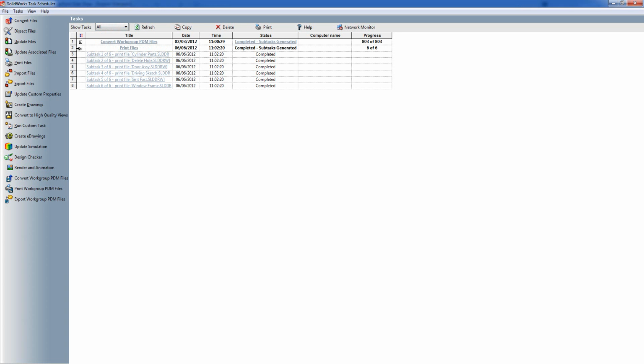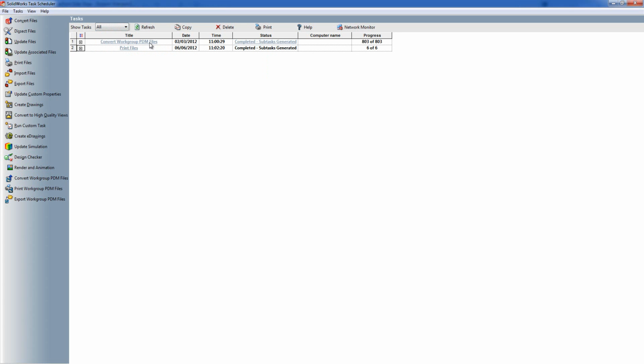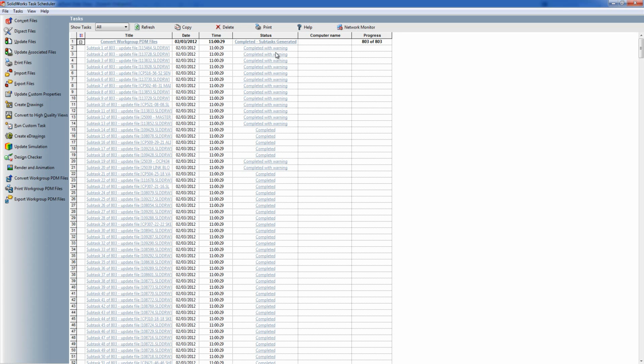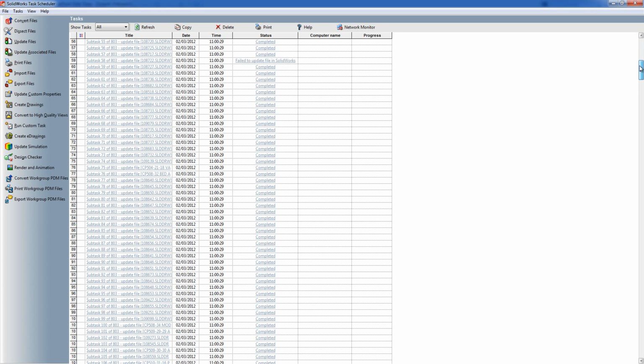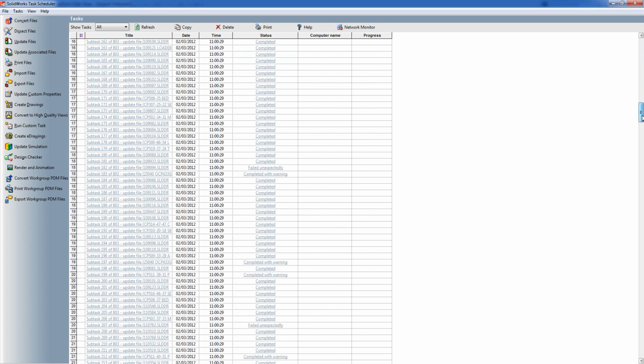And if I click on everything, we can see at the top here there's a convert workgroup PDM files task. This was to update a whole load of workgroup files to 2012, and you can see this is finished previously and they had 803 files in it. And if I expand this, I'm just going to show you some other warnings. So completed, good news. Completed with warning, it's telling me that something has happened, but it's successfully completed the file anyway, but always worth checking. There's a failed one there. If we keep going down,